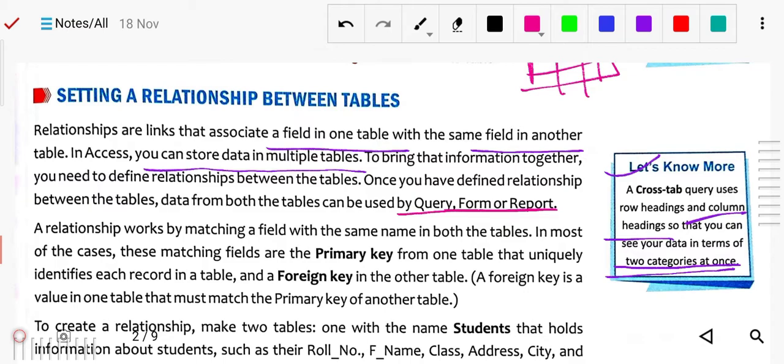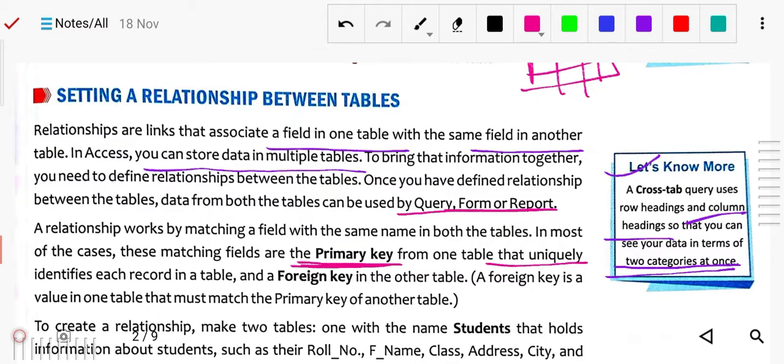In most cases this matching field is the primary key. As already discussed about keys in the last chapter, the primary key is a unique identification of each record in the table.